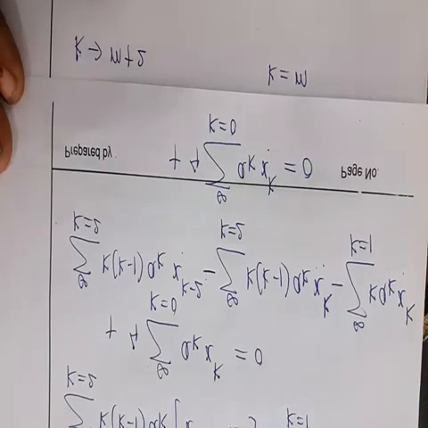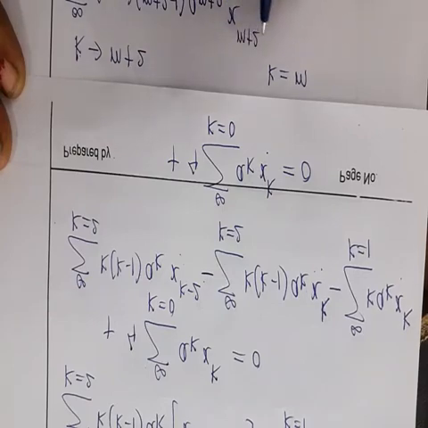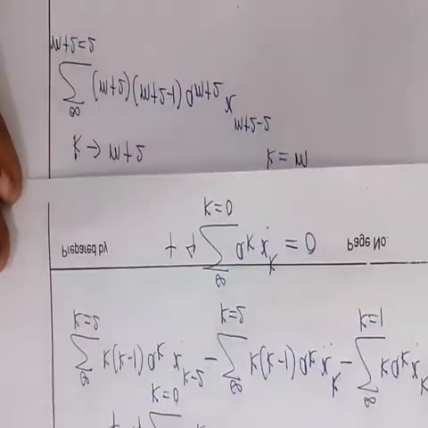So that summation becomes summation with k replaced by m plus 2, so m plus 2 is equal to 2 to infinity. K is m plus 2 multiplied by m plus 2 minus 1, a of m plus 2 x to the power m plus 2 minus 2. This is only the first term. Second term: